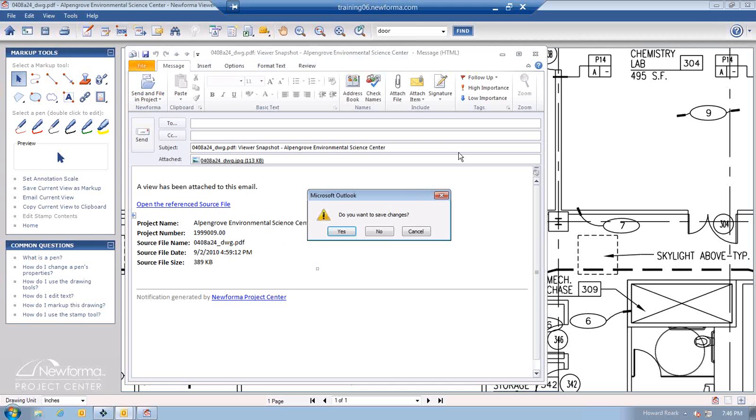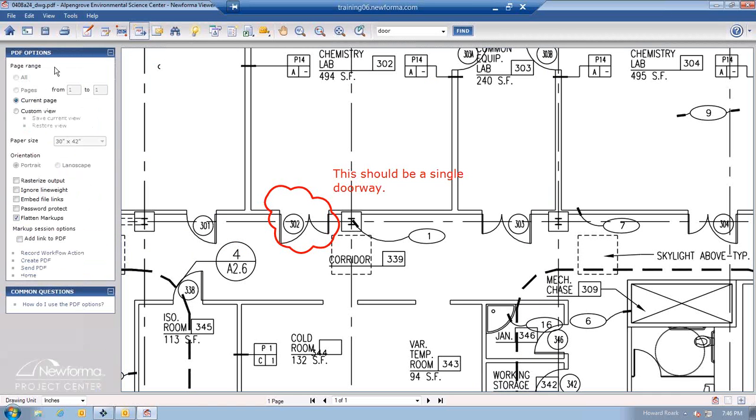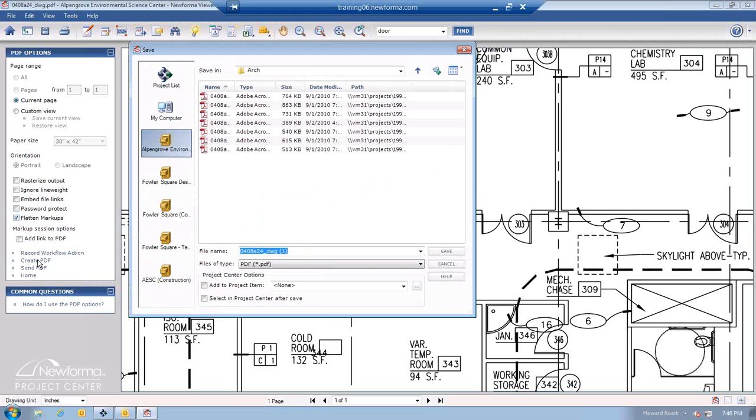Another option I have for saving this markup is this icon here, which will allow me to actually create a PDF out of this file with the markup. Clicking on that icon brings my PDF options up on the left-hand side, automatically flattens those markups and embeds them into that file by simply clicking on Create PDF in the lower left-hand side. I'll then be able to rename this file if I choose to do so, and then I can save it